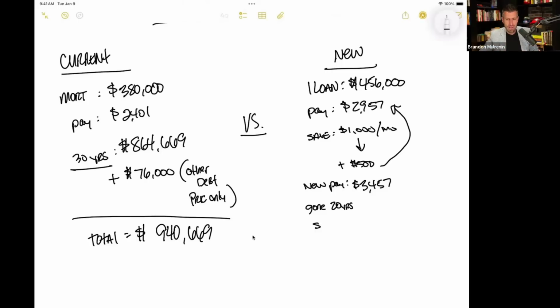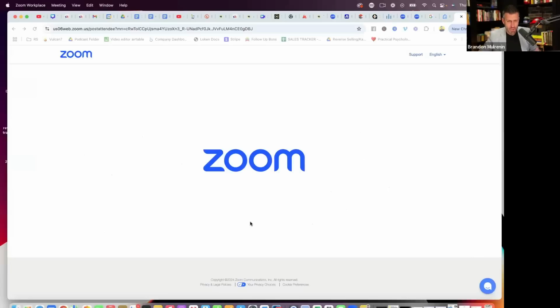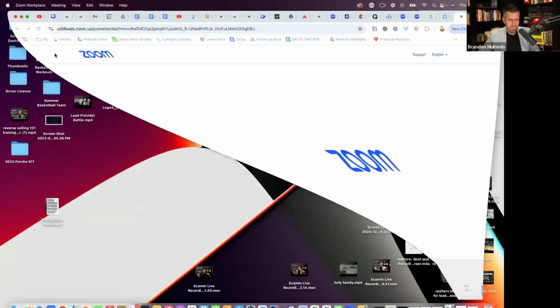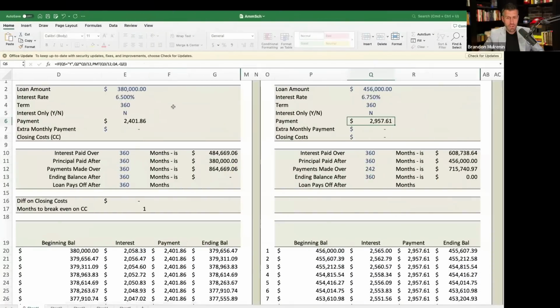I think the better way to do this is to bring up this tool that I showed them just a minute ago. And this is crazy. This is what you have to be able to do as a real estate agent to really provide value to these people. Their current world is they owe $380,000 on this mortgage, plus all the other debts we just talked about. And if they change nothing,